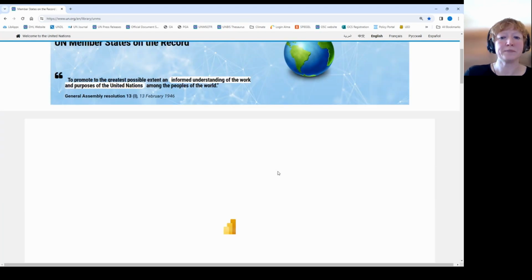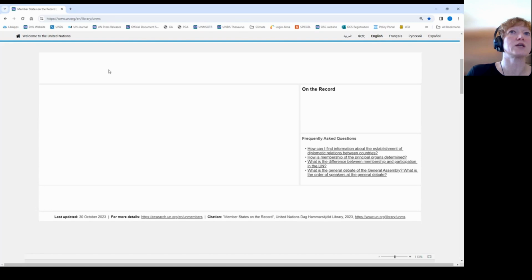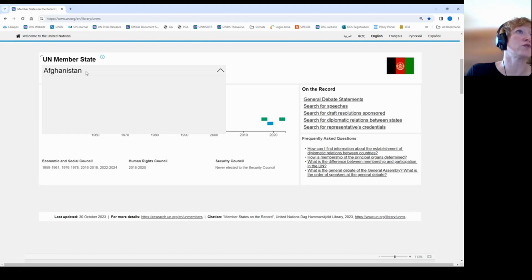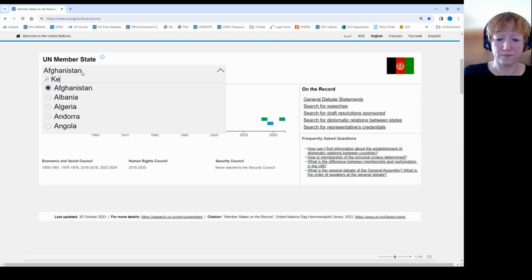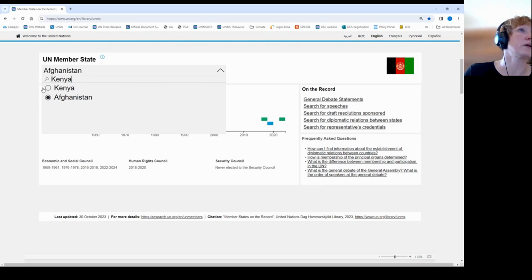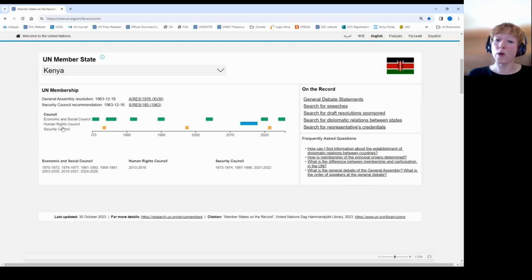So it takes a bit to load, as this is all Power BI powered now to have nice visualizations. But you can just search for your member state here. Say I'm interested in Kenya. And then I get the information when the country became a member state, and I have links to the relevant